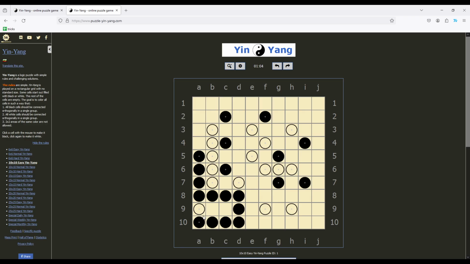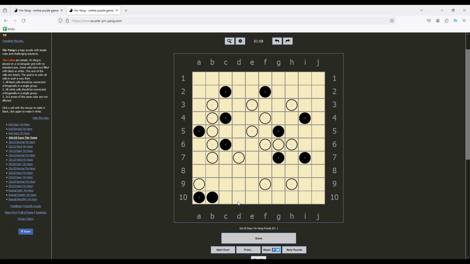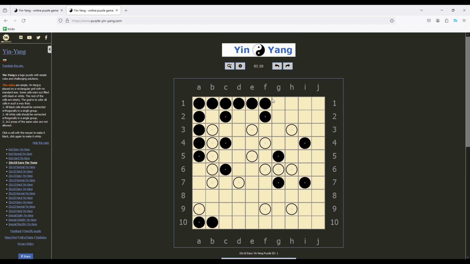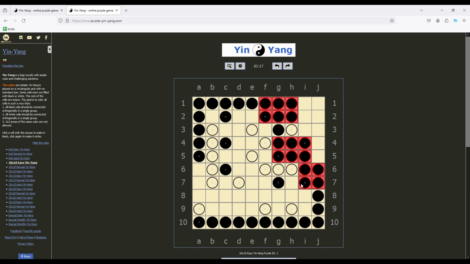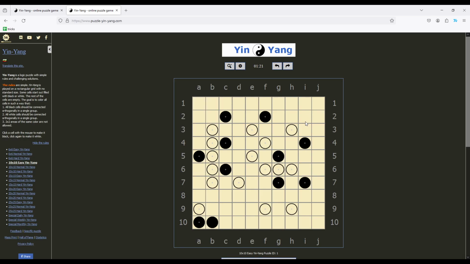Like let's say you do this. You may notice that this white cell is now separated. If I go over and around, and I don't know, obviously I'm going to break the 2 by 2 rule, but let's say I do something like this. I've now created a wall between these white cells. It turns out the only way to connect these 2 black cells is to do it through the border,